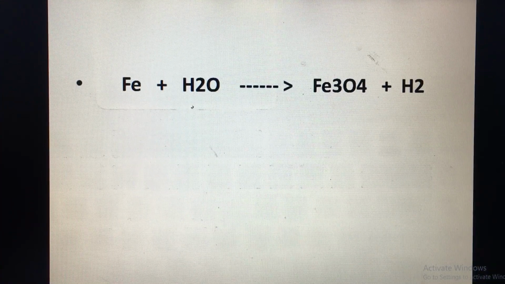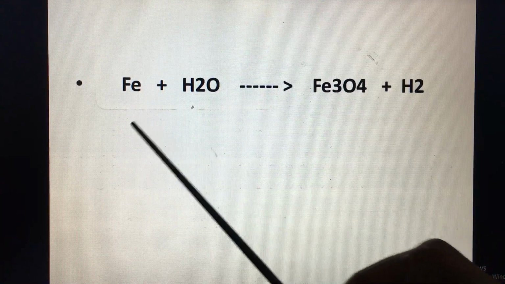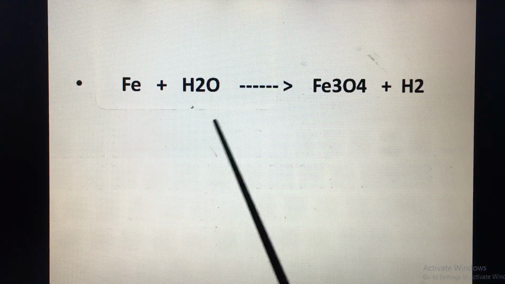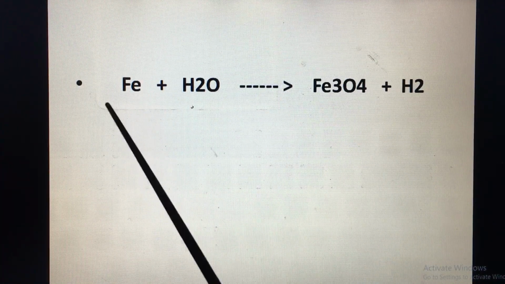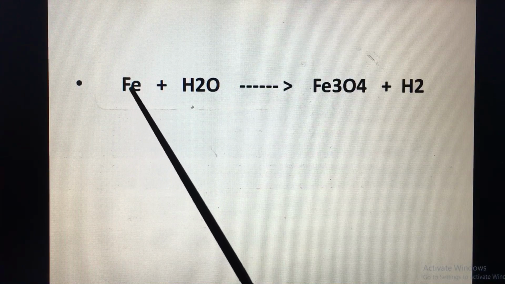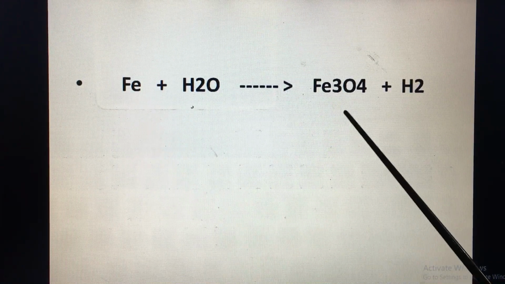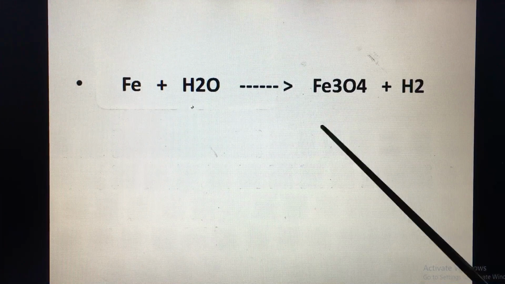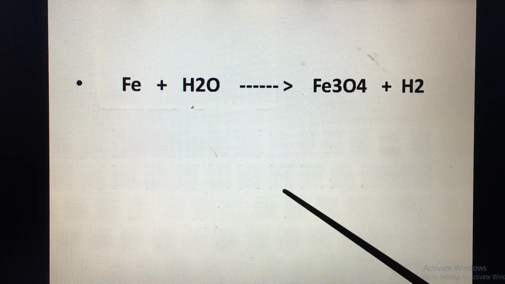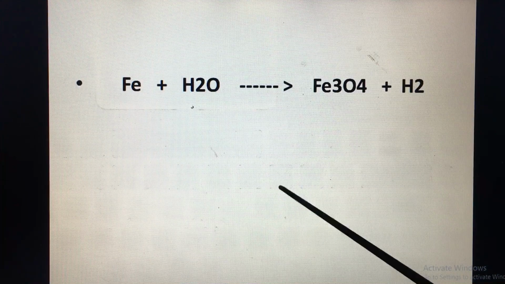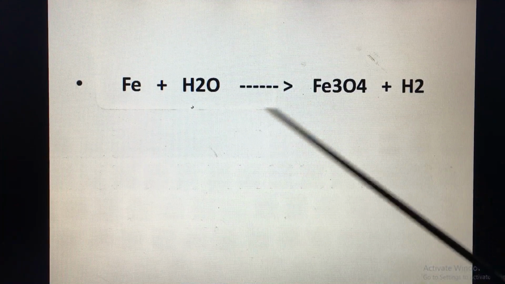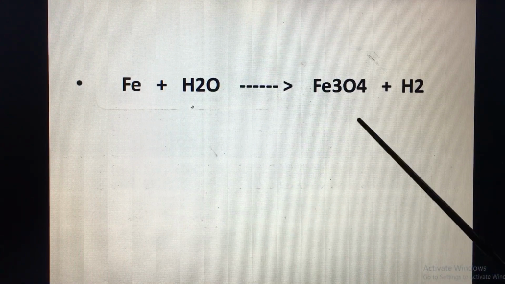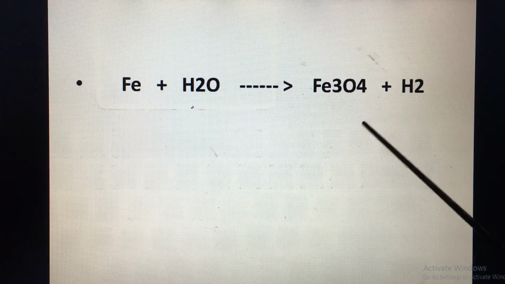So here we can see that iron is not balanced. This is the LHS and this is the RHS. On the LHS side, 1 iron atom is there, and on the RHS 3 iron atoms are there. Okay, so that is not balanced. Hydrogen seems to be balanced, H2 and H2 here, but oxygen on the LHS has 1 oxygen, and on the RHS 4 oxygen atoms. So that is also not balanced.